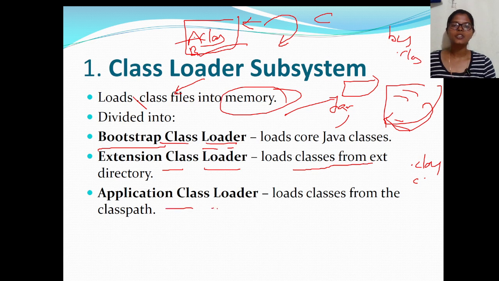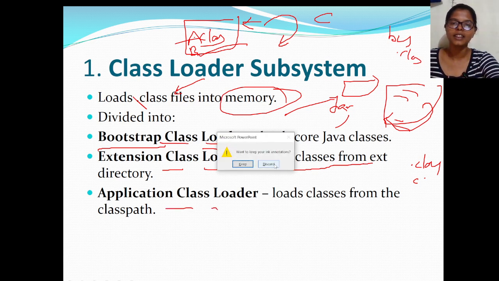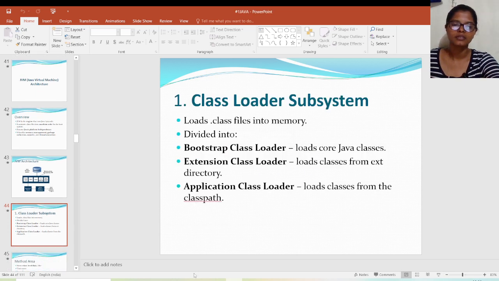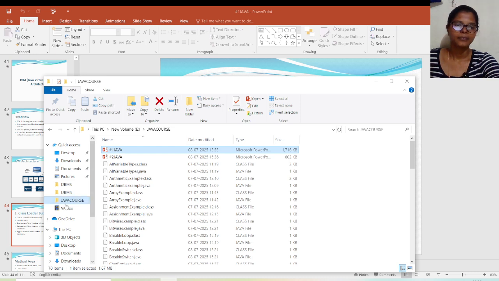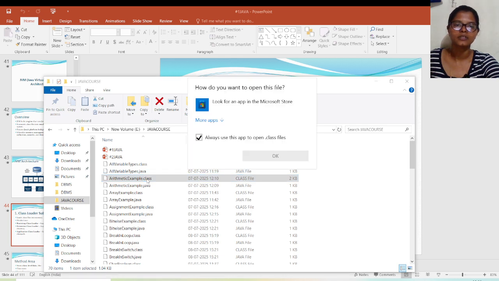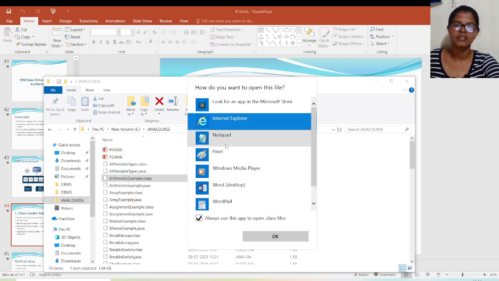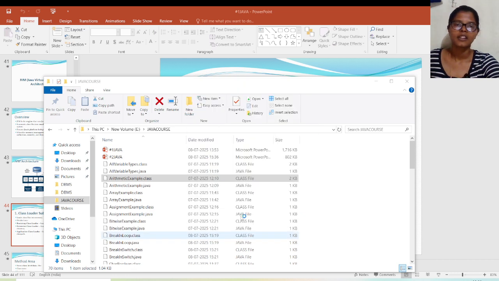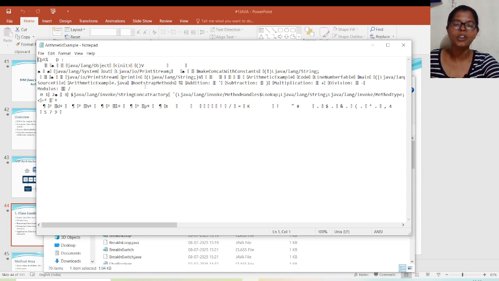Next, the application class loader. I will show now, one second, how the .class file works. See, this is a Java folder. You can see all variables.class, arithmetic example.class. See, if I open this, this code we cannot understand.